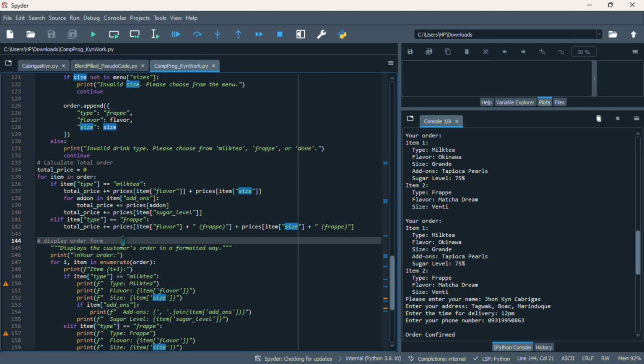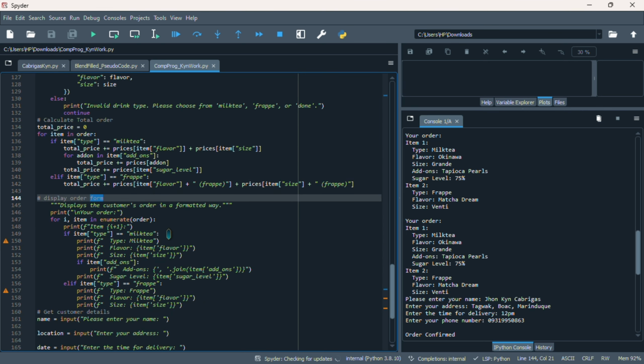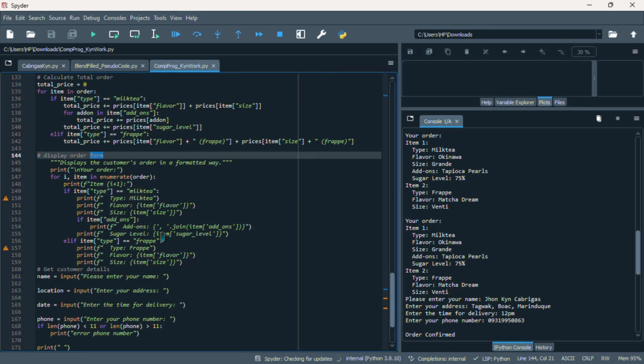Here we are in the display order form, where the system will print the items in enumerated order, where I ordered first a milk tea, which is the first item, and I ordered again, which is the frappe, the second item.